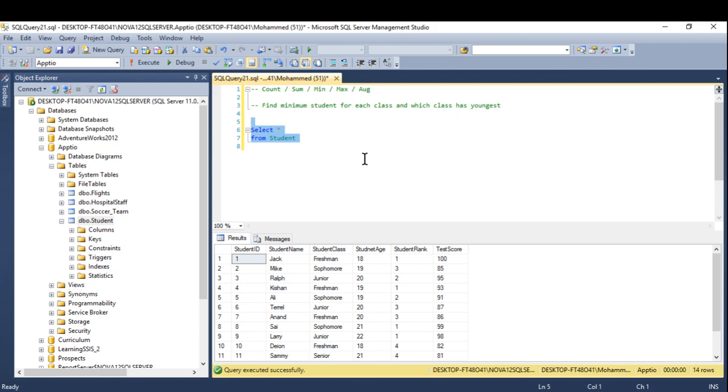It says I want you to return for me the minimum student for each class and which class has the youngest. So I want you to retrieve for me the group of the classes and which class has the youngest student in their class. So the answer will be